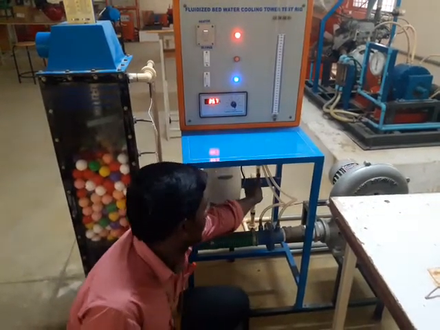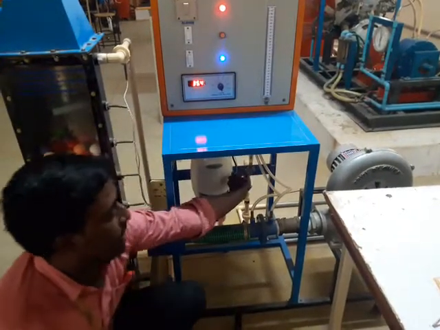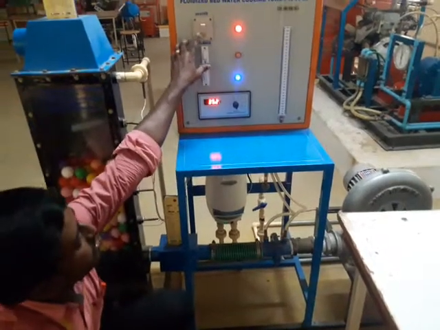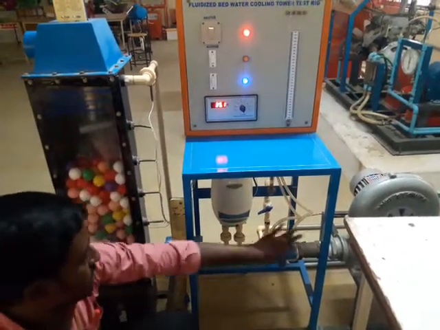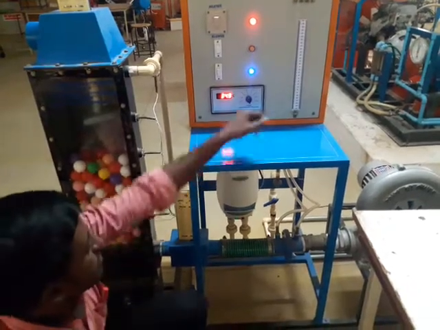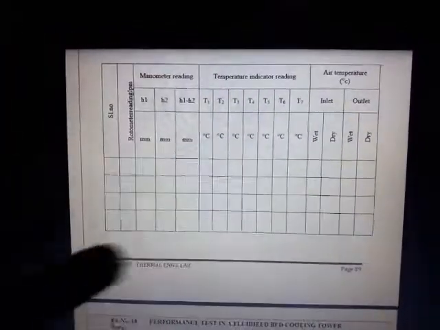So at the last reading, I am going to set the flow rate value to 500 LPH. Once we set the value at 500 LPH, next we have to switch on the blower. The process will be the same as for the previous conditions. Once we complete noting down the values in the experiment, next you have to see the tabulation